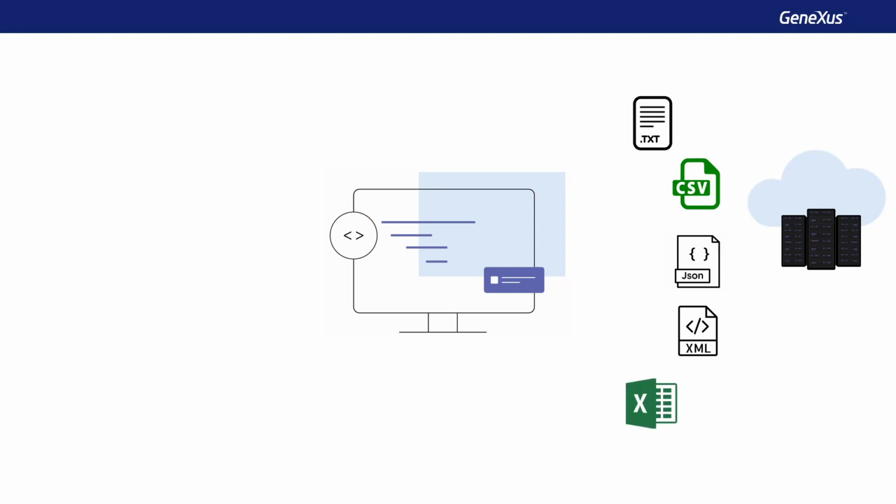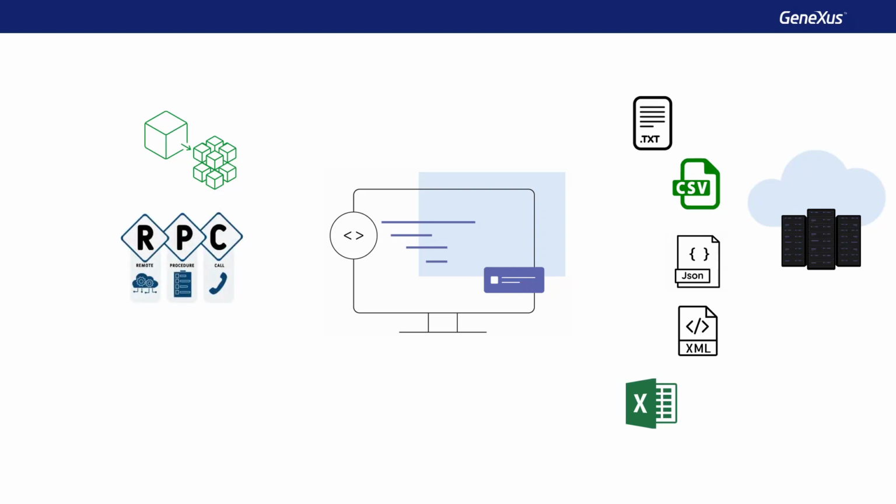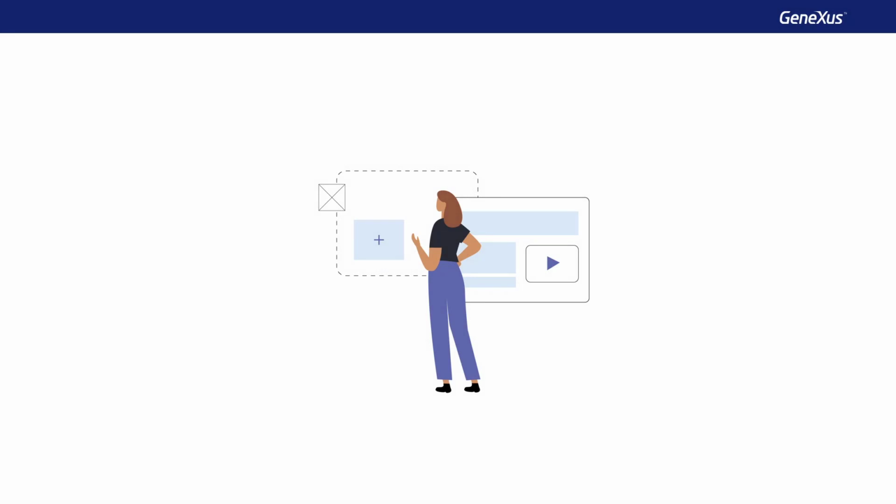Genexus also allows us to connect to other programs that provide us with external data, such as interacting with microservices, invoking remote procedures from other applications, or accessing APIs with functions published in binary objects, such as DLLs created in C, C++, C#, or .NET, or functions within a java.class file. In the following videos, we'll see in more detail how to use some of these methods to access external data, and the references to the information needed to use those mechanisms that are beyond the scope of this course.